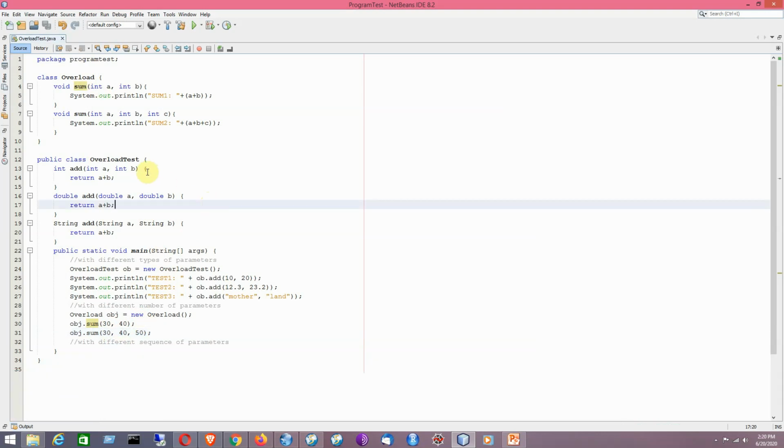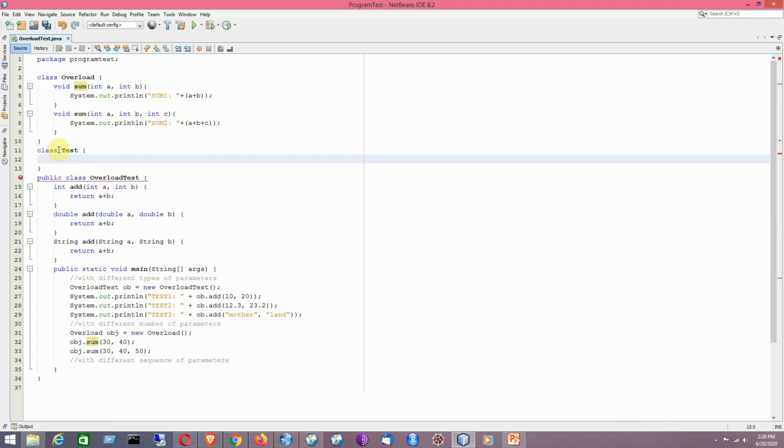Now I will create another class. Say for example it is named class test, and it will show you the example of different sequence of parameters.